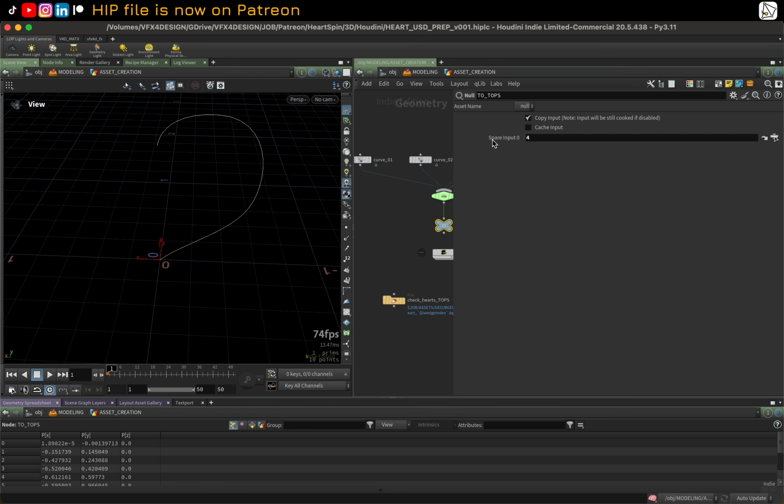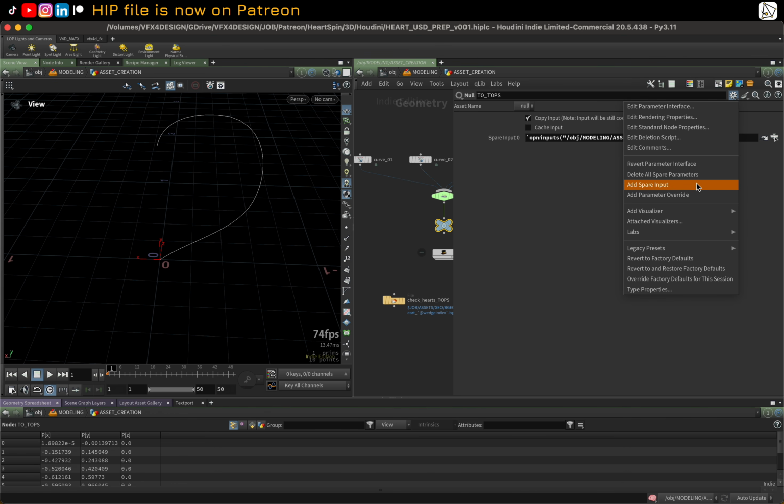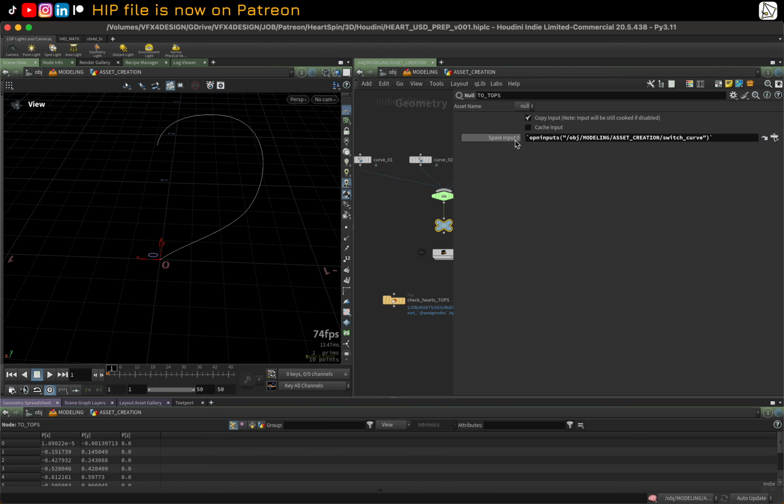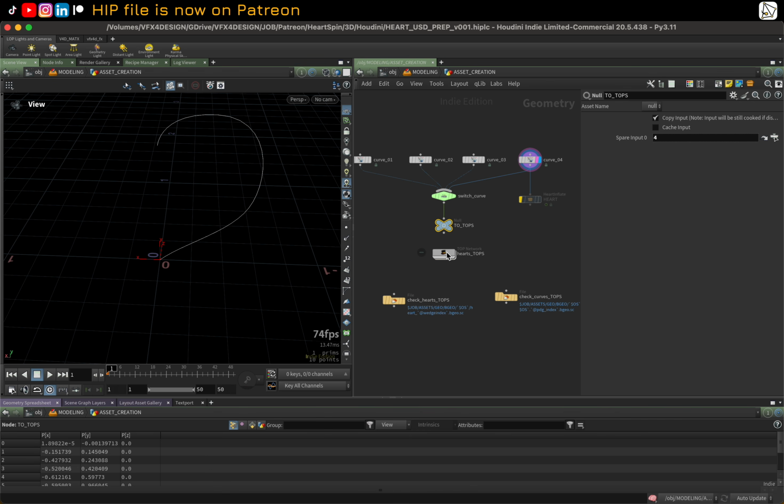You may notice this spare input as well. This spare input is just something that I added up here. You can just add a spare input, and then I've written an expression which counts the amount of inputs that this switch node has. So there's just 4 inputs. I'm going to use that as a way of counting how many things to iterate over. So if I dive into TOPS now,